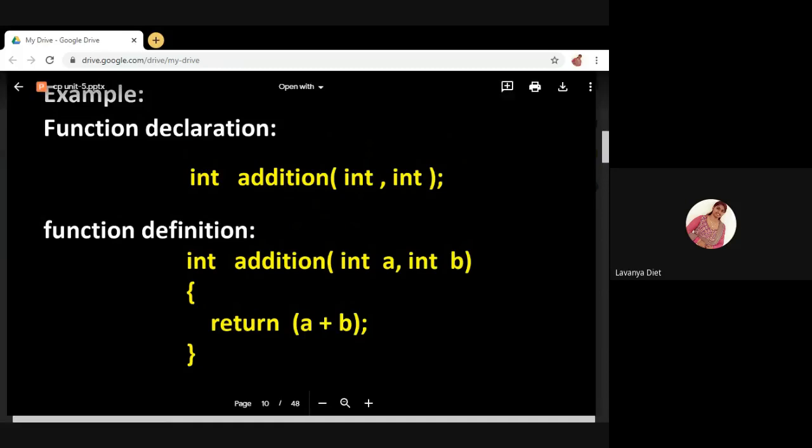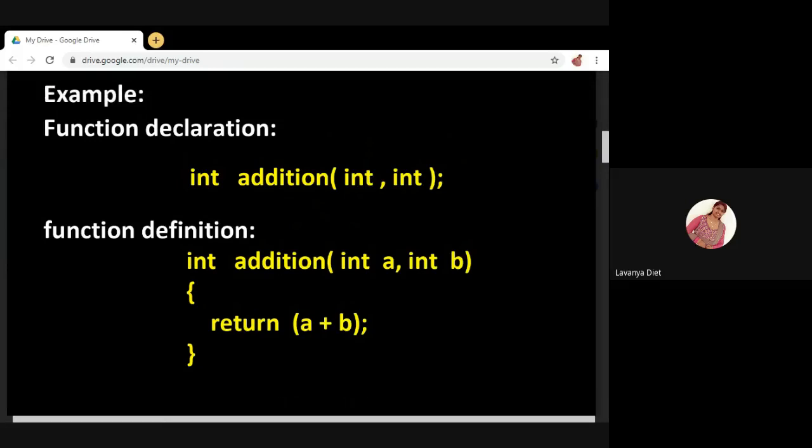So int space int. If you specified only one int, the compiler will generate an error. See the parameter list. Here it contains two variables, right? So in the definition also there must be two variables. These data types must match the definition also.